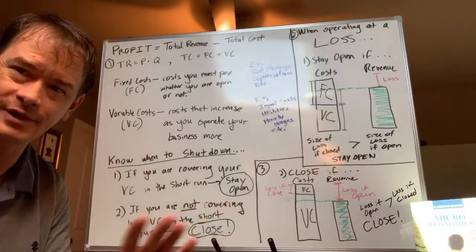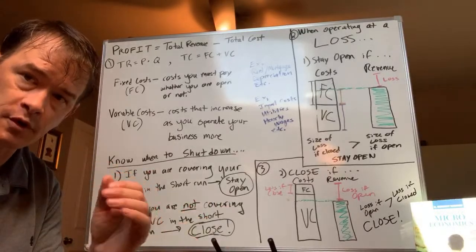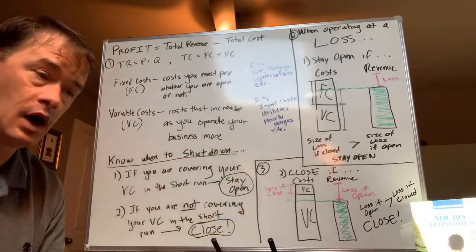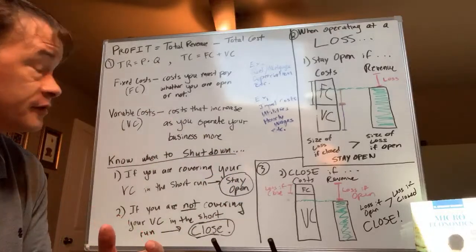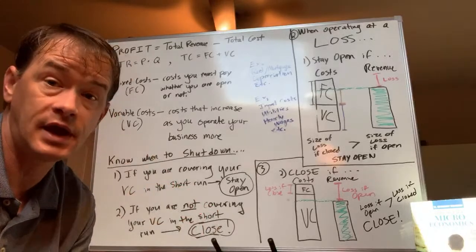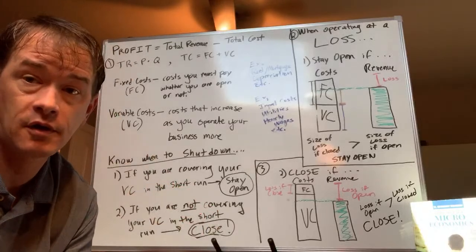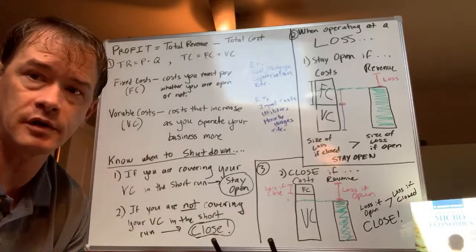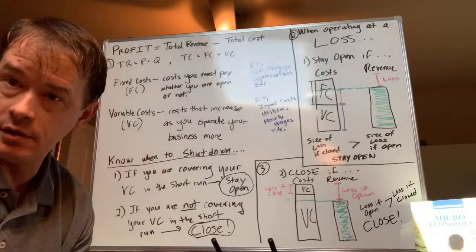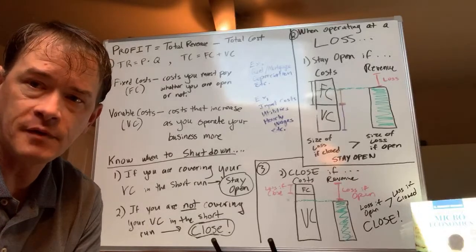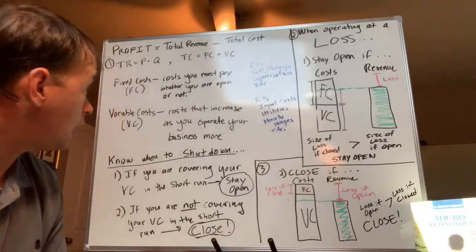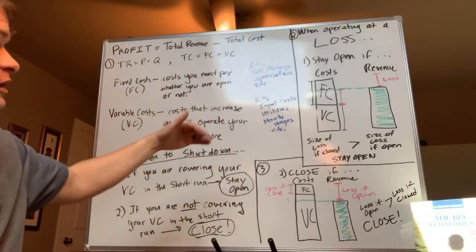Now, normally it's like, man, I really don't want to get rid of my people, but there are some government programs in place right now to help them and also help your business stay open. But what determines whether or not you stay open is whether or not you're covering your variable costs. Fixed costs are fixed. You can't control that. You're going to incur those costs regardless. Hopefully you have a landlord or a mortgage company that's working with you in this downturn, but you can't control fixed costs. So you don't make your decisions based on fixed costs. You make them based on variable costs. And variable costs are things like input costs, utilities, hourly wage, etc.